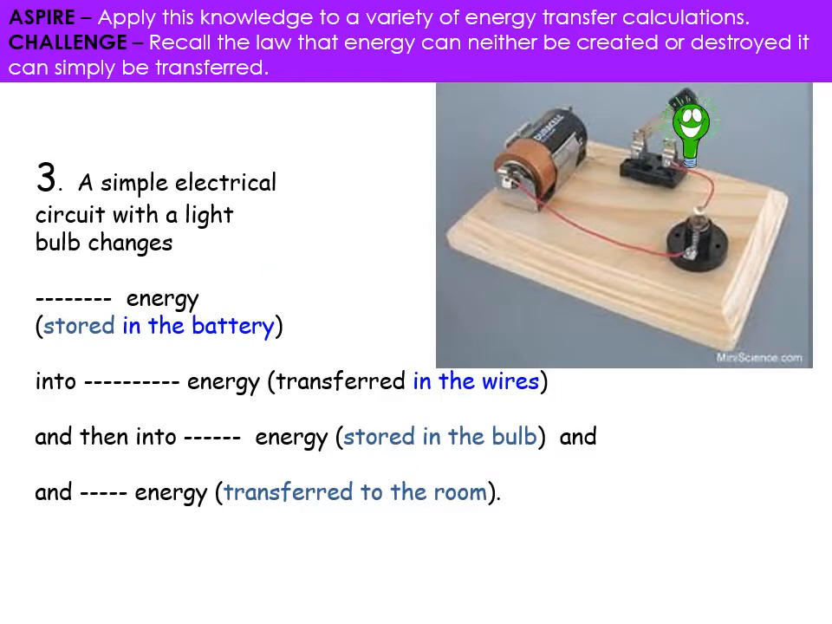Number 3, we've got a simple electrical circuit with a light bulb that changes. So what's stored in the battery, it then turns into some other energy which is transferred in the wires. We've already had this one, a clue. And then into some other energy stored in the bulb, and then some other energy transferred to the room. That last one,